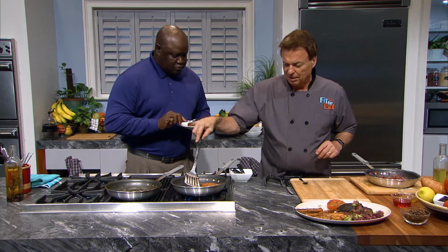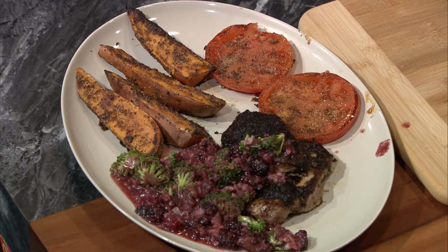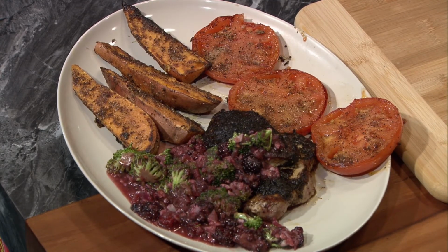and put them over here on the side. Even set one kind of right over on the side up here. And I tell you what, that is such a great presentation, in my opinion, of food that you would never think of going together. So coffee-crusted pork,